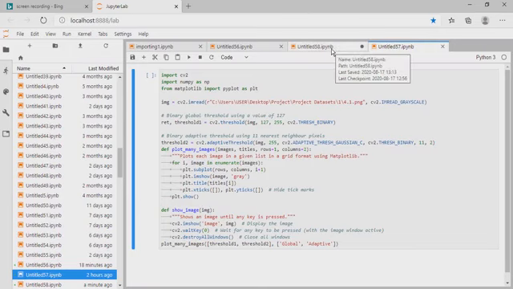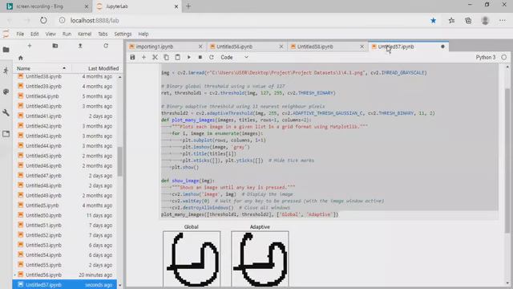If we run this program, we get a single image in global thresholding as well as adaptive thresholding. This shows global thresholding and adaptive thresholding for the individual image of the first Kannada alphabet.